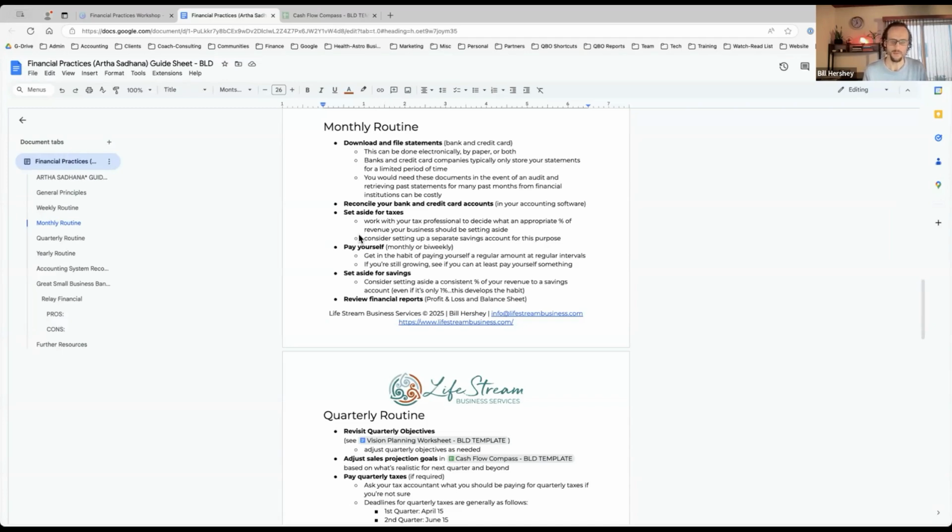And then, of course, that relates to the next point, which is we need to make sure that we're paying ourselves in business. If we're not able to pay ourselves quite yet, there's no judgment, no shame in that. In the early stages of business, first year, second, even year three, year four, sometimes there are months, more often in the very beginning, where it may take some months before you're able to pay yourself anything. Even when you're a ways in, there can be months where it's like, oh man, that was a dry month. You may have barely covered expenses, or not even covered expenses, and you may be leaning into credit card financing in order to support your cash flow. And that's totally normal.